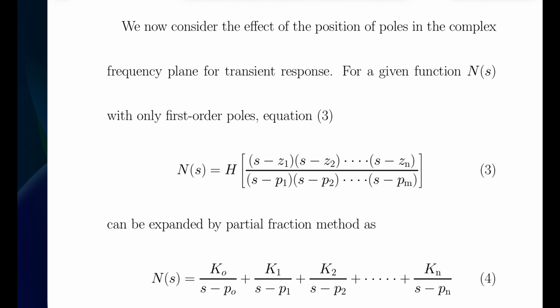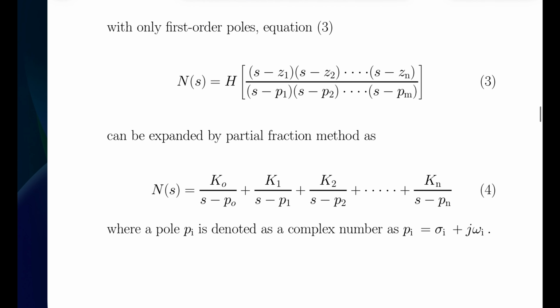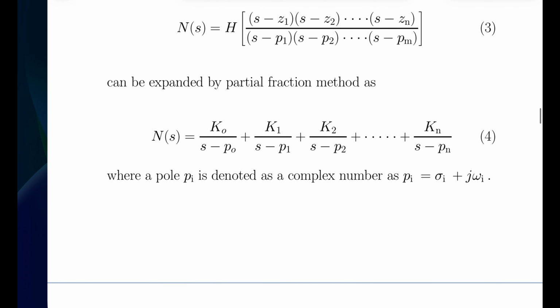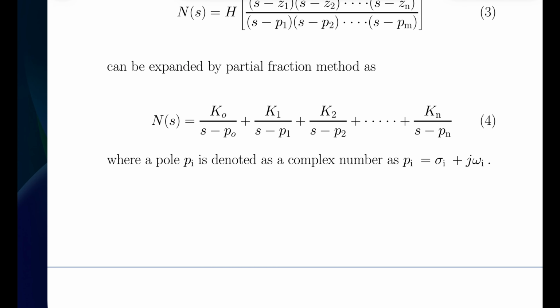Consider equation 3. This question we have seen earlier in our earlier lecture. So equation 3 can be expanded by partial fraction method as F(s) equal to k0 upon s minus p0 plus k1 upon s minus p1 plus k2 upon s minus p2 plus dot dot dot kn upon s minus pn, where a